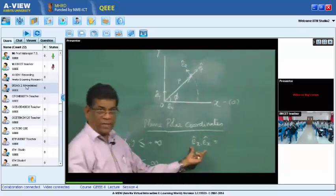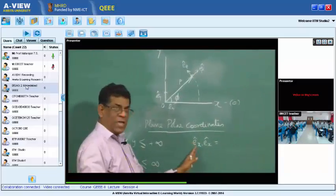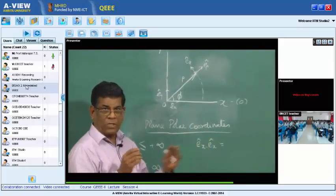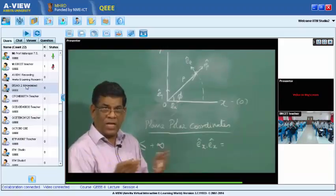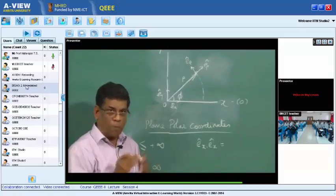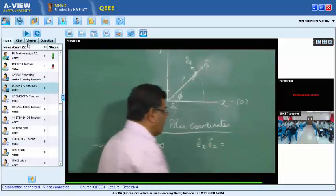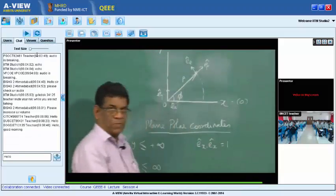This is the dot product. Magnitude of Ex into cos theta, which is theta between Ex and Ex. What is the theta between Ex and Ex? 0. So cos 0 is 1. This is 1. This is 1. Therefore, the value is 1. This is true of